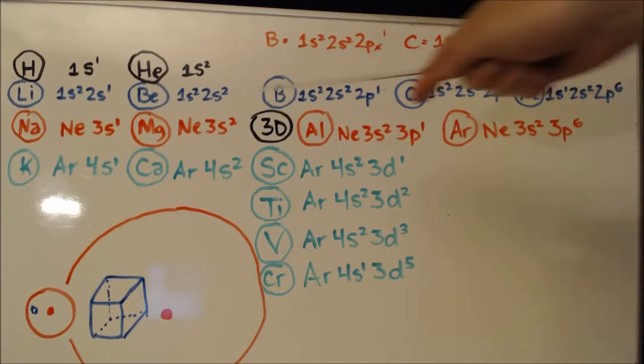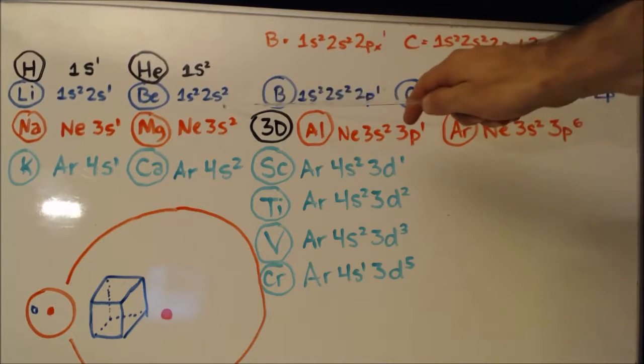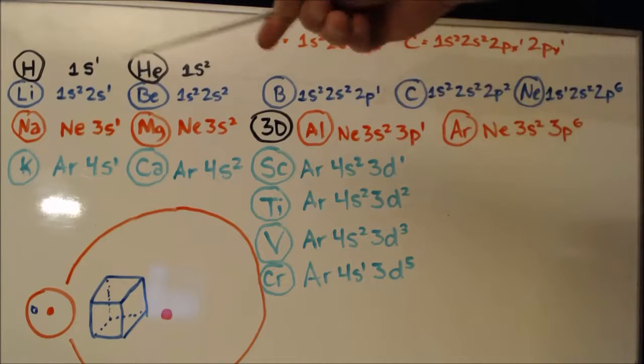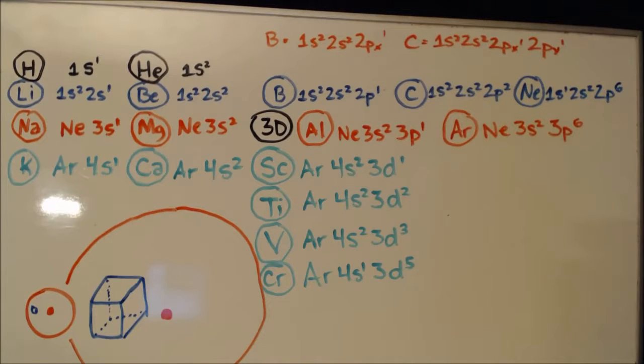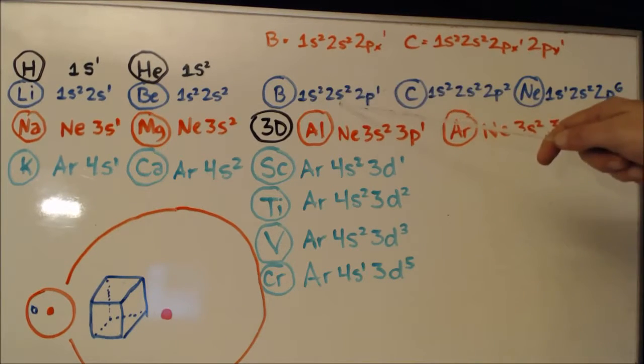For boron, remember, you jump over to the p orbitals. You're still going to have everything that the last element had: 1s2, 2s2. But now you're going to have a p orbital that you're going to put 1 electron into, and it's in your second shell. So it's 2p1. You do the same for carbon. You have everything the same, 1s2, 2s2, but you're going to add another electron to your p orbital. So that's 2p2. And you do that all the way down to neon, where you'd have 6 electrons in your